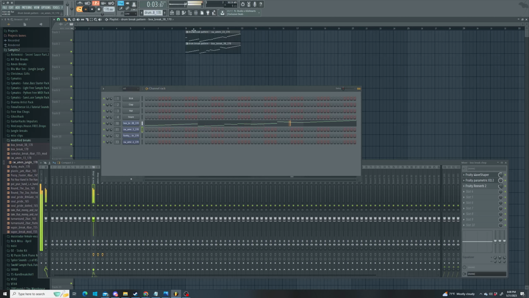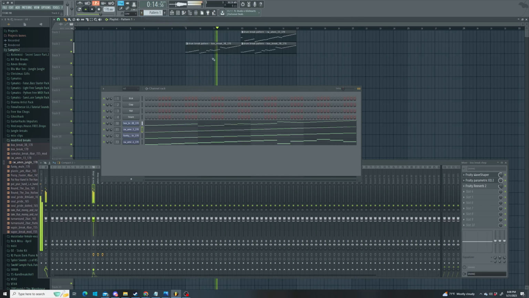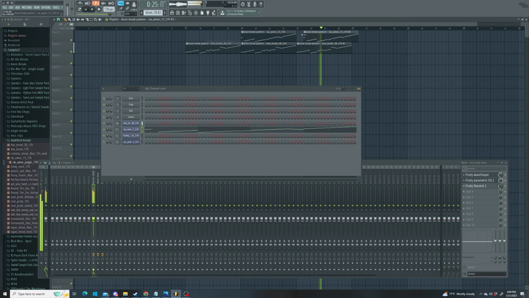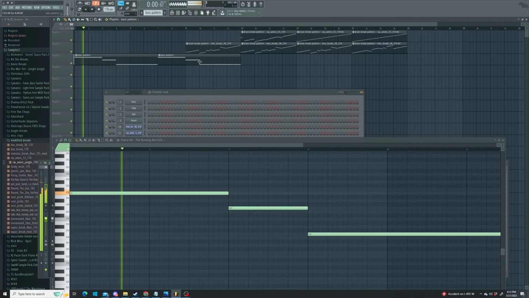So the next thing we're going to do is go ahead and split these, to make it easier for us to rearrange them on the timeline. So you create progressions. If I want to progress that particular break, I'm going to clone that pattern so that I can go ahead and change it. So I've replaced